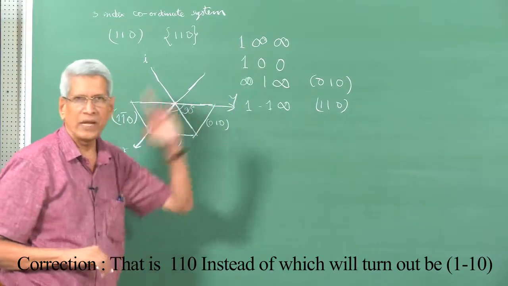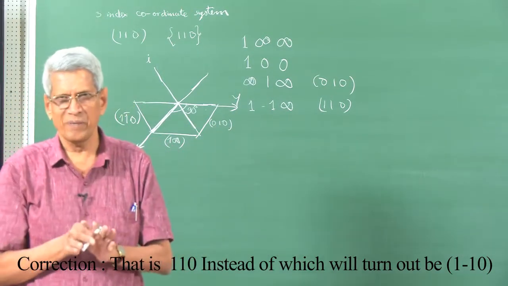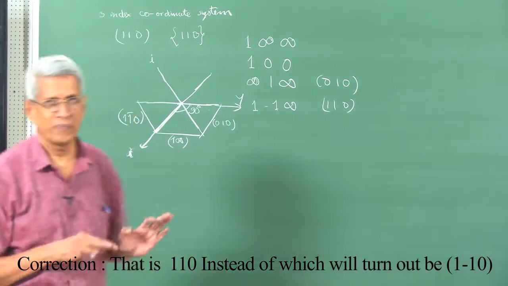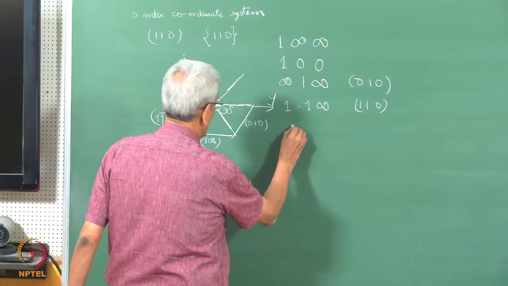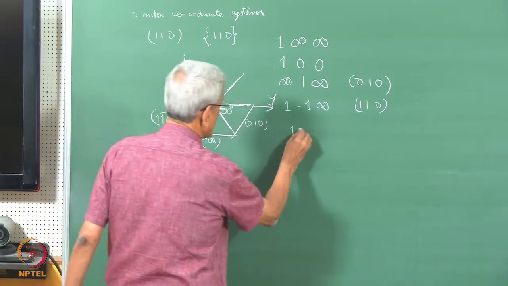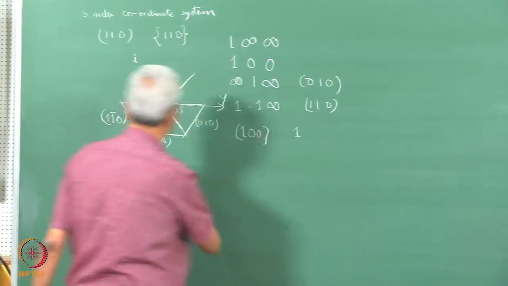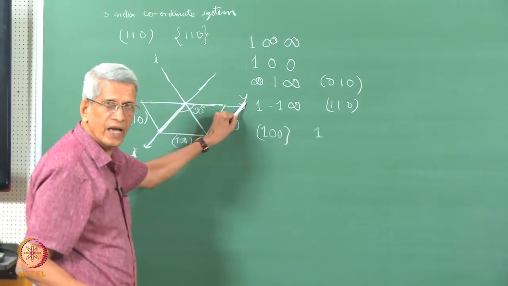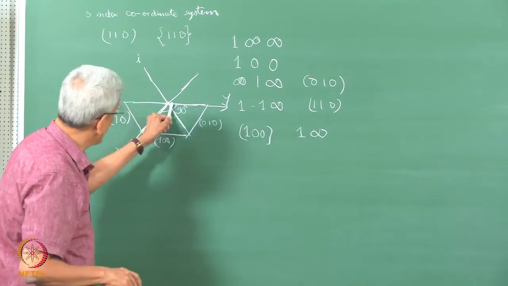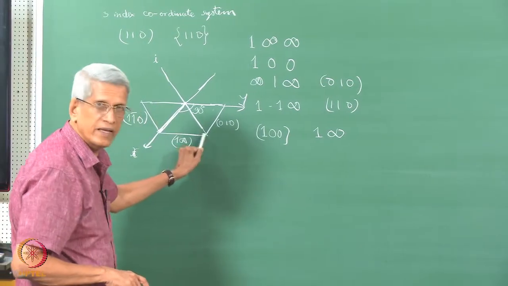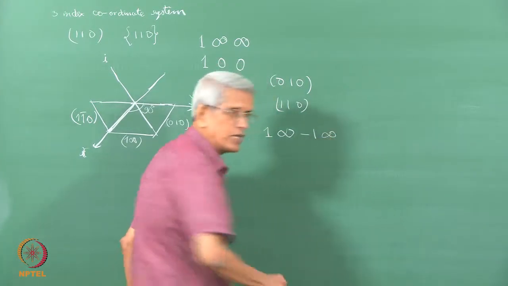If we represent it that way, now let us look at these planes. The same methodology which we adopt in the case of a 3-index system to find the Miller indices, let us do. Now what will happen is that it makes an intercept 1 here, this is for the 100 plane, which is in a 3-index system. The intercept which it makes is 1. With respect to the y axis, it makes an intercept which is infinity. With respect to this axis I, the intercept which it makes is again -1. With respect to c, it makes infinity.